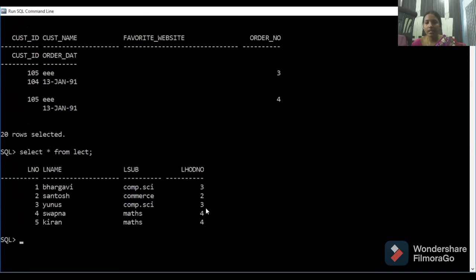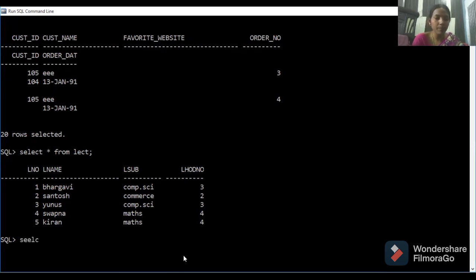Yunus, computer science, HOD himself. Swapna, maths, HOD for maths. Kiran, maths, the HOD of Kiran is 4. Bhargavi's HOD is 3, which is Yunus. Santosh's HOD is Santosh. Swapna's HOD is Swapna. Kiran's HOD is Swapna.